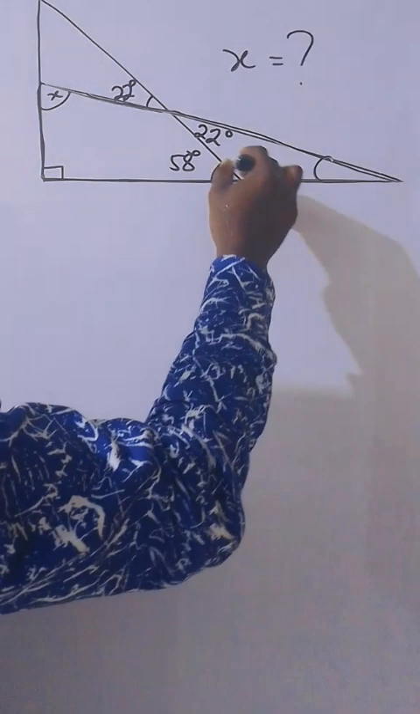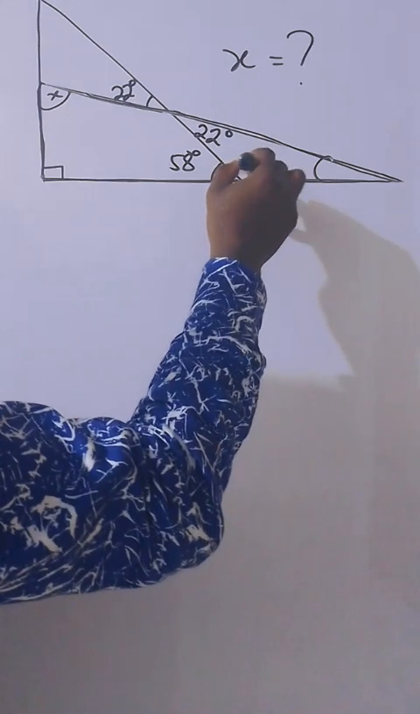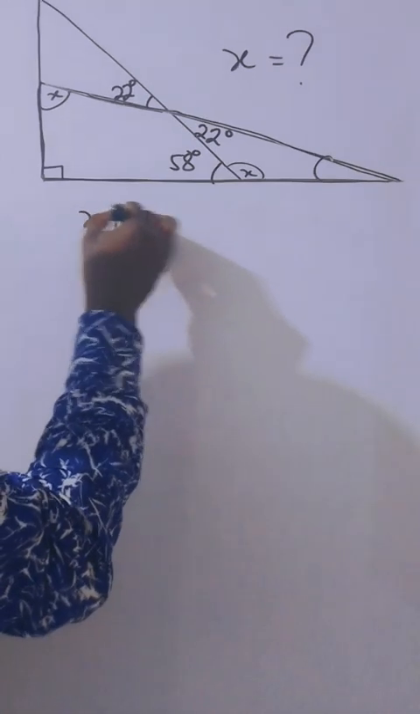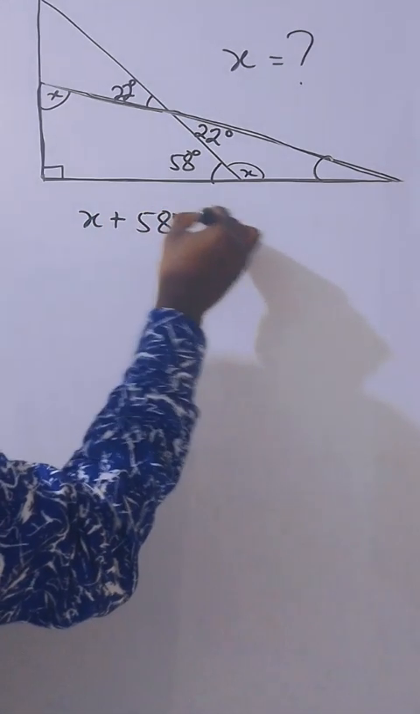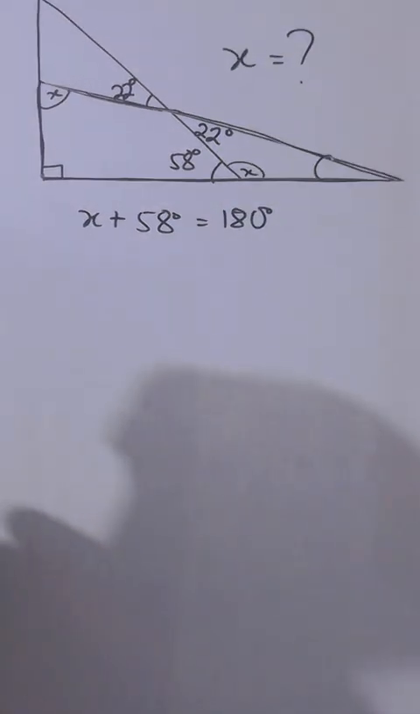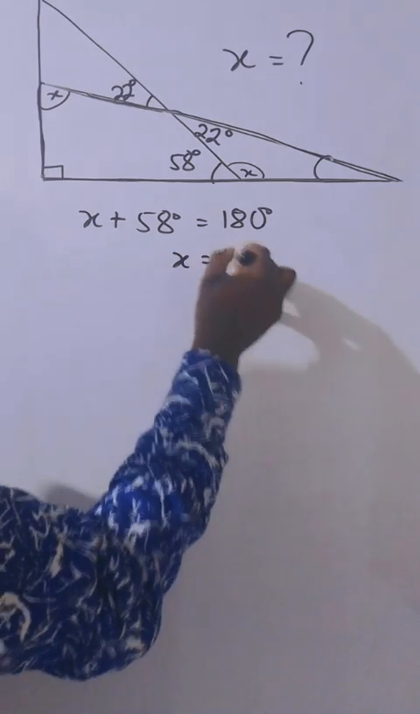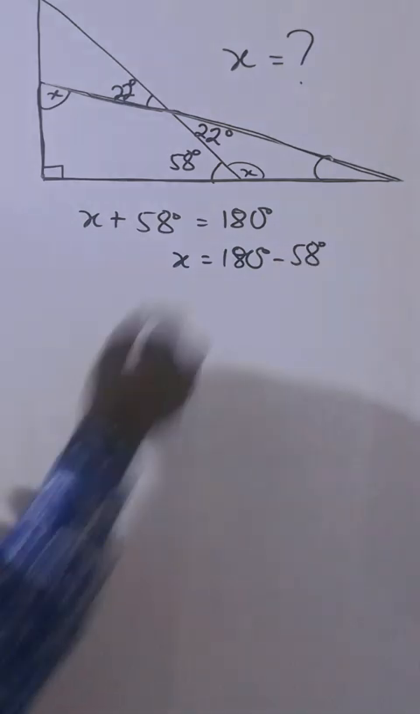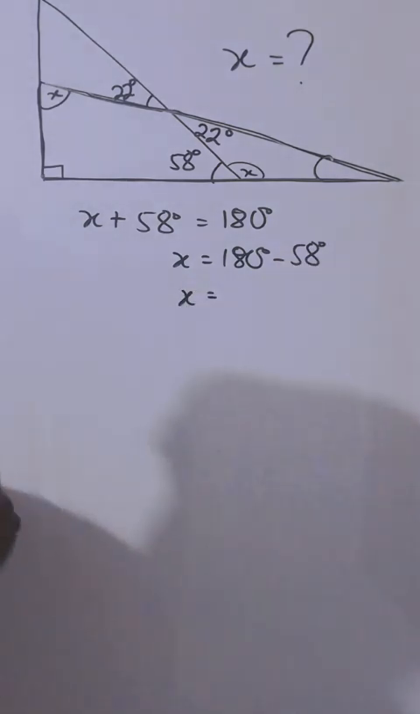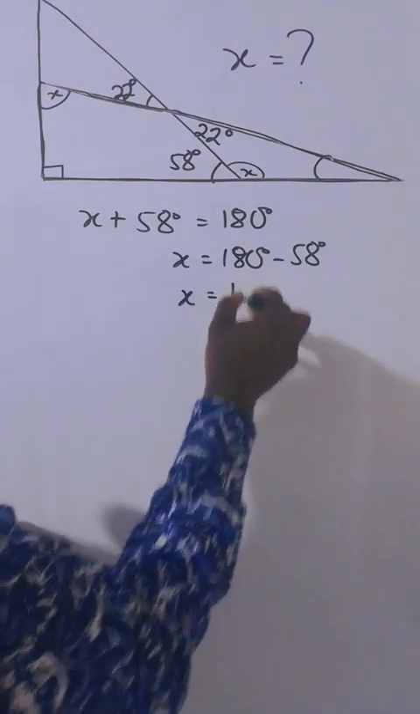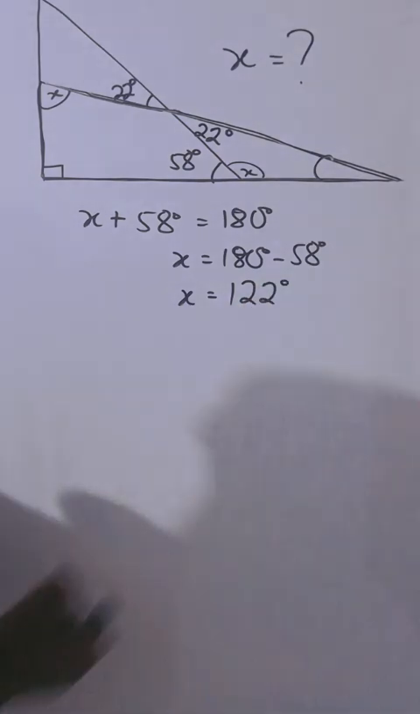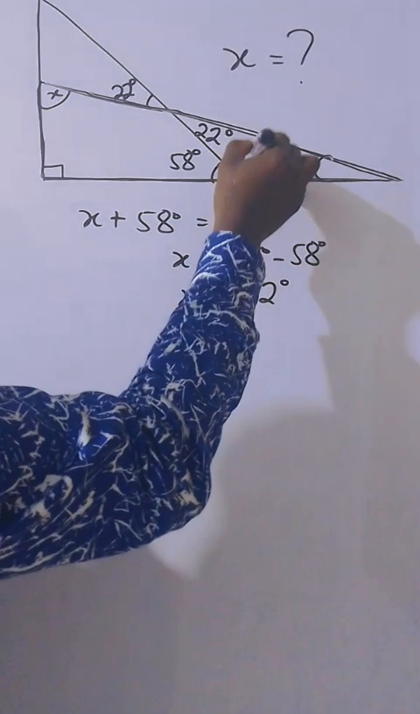Then here we can use angles on a straight line to solve for it. So x plus 58 degrees equals 180. That's the sum of angles on a straight line. So obviously your x will be 180 minus 58 degrees. So x is equal to 122 degrees. So meaning here is 122